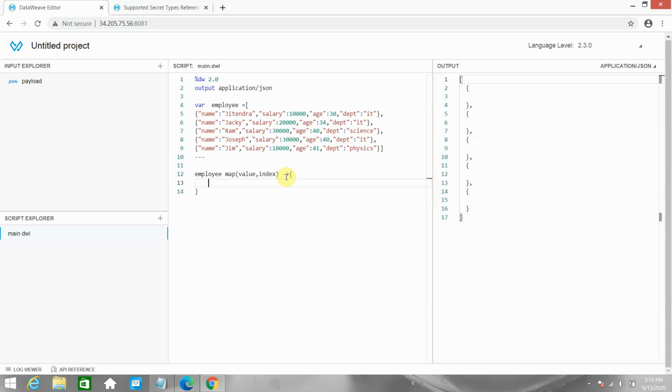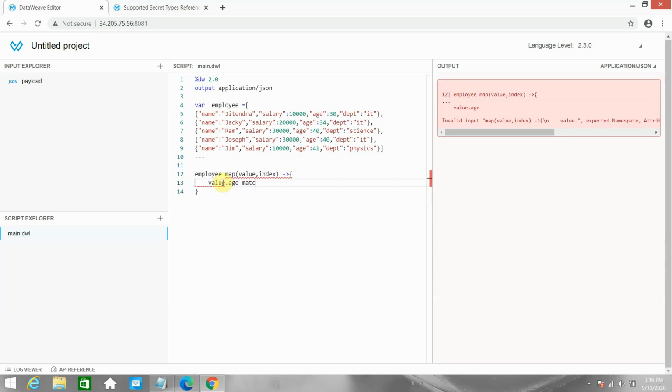Okay, how can we write the match statement? We have to compare the age. We want to check the data type for the age. So how can we access age? Value dot age, then we use match. Then a curly bracket. Now I can say case is String, then string.